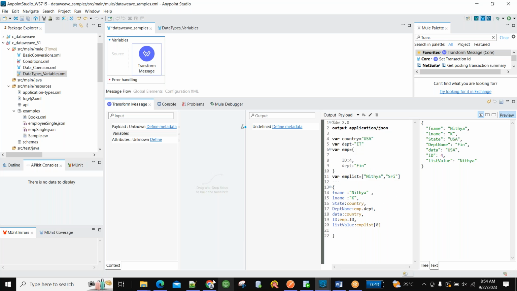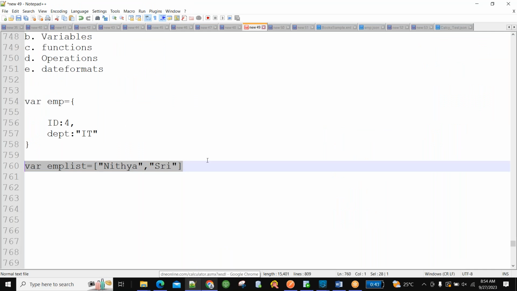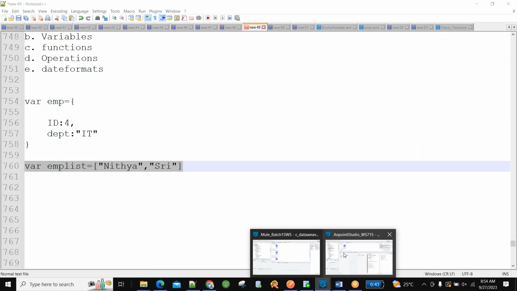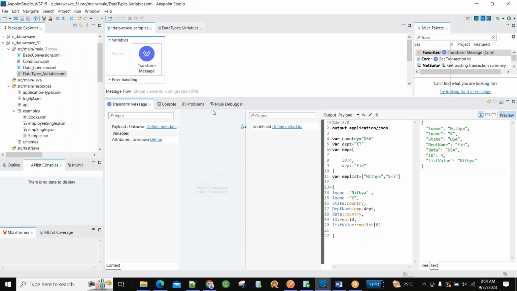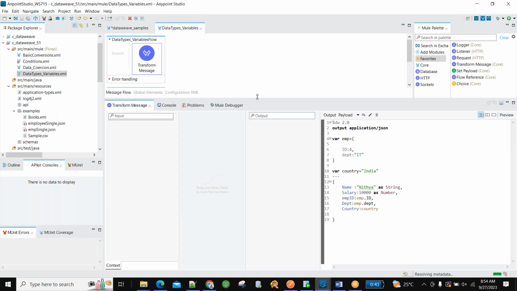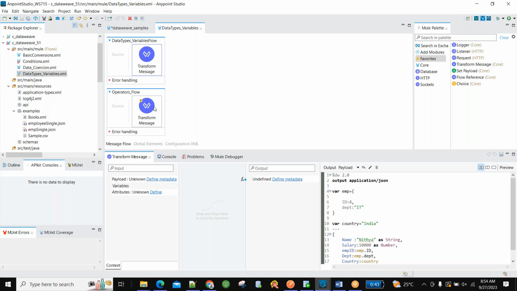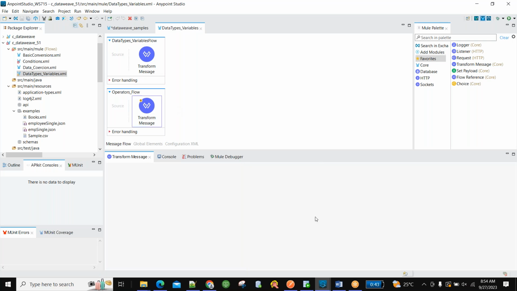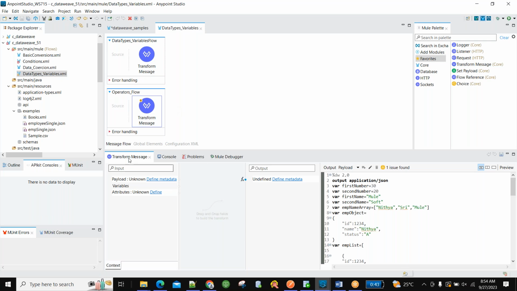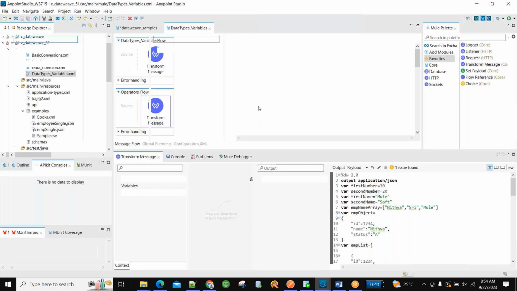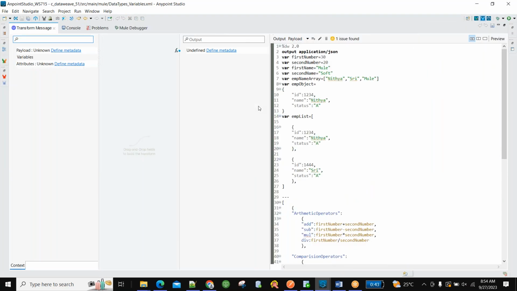Now we will see some arithmetic operations, how the operators are used, that we'll try to check. If you see the operators here, if I enhance, don't think much of it as of now.